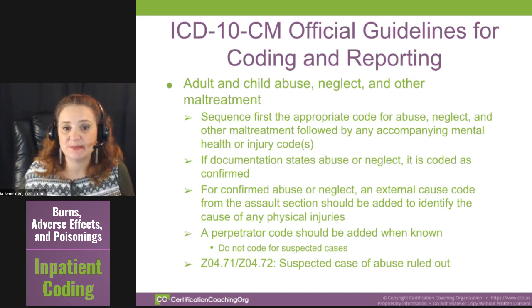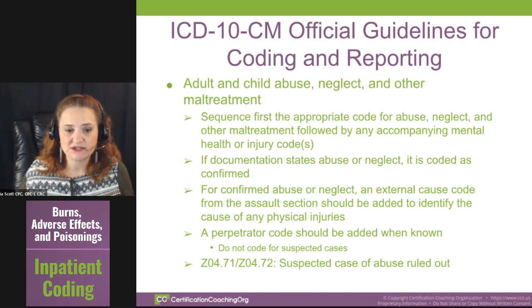So if we have suspected child abuse, you do not code that. It has to be confirmed to be able to code that. That's the same as giving somebody diabetes without them having diabetes, because this will follow them. Be very careful with that. With confirmed abuse, then you're going to also use a cause or a code from the assault section to identify